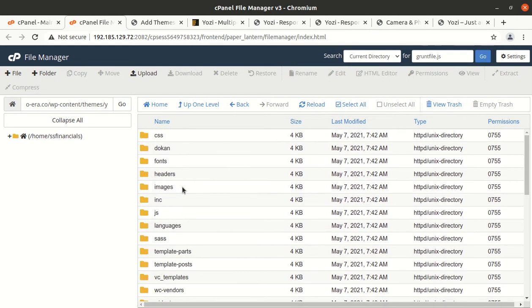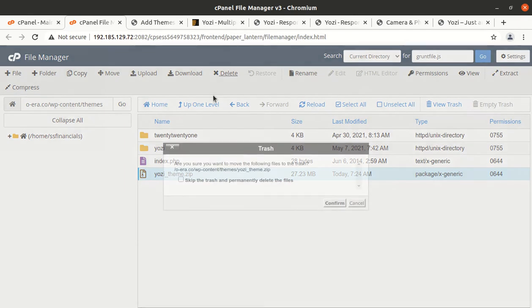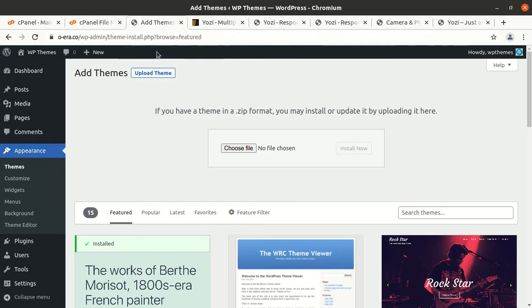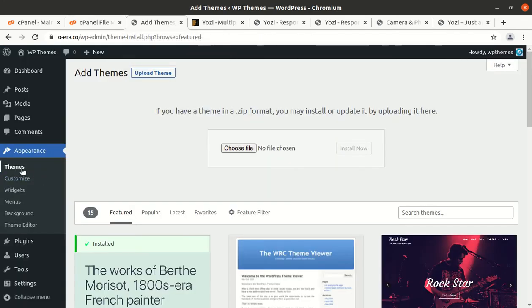This is a multi-vendor WordPress theme which also supports membership and multi-vendor facilities. This is why it has multiple features, like it is using a token for the multi-vendor feature. Okay, so now we can delete the zip file, it is not required, we have already extracted it. Both ways of uploading a theme are the same, don't get confused. Either you can upload the theme using the WordPress interface, or you can upload directly on your hosting, as I did. So now we are fine to go to the theme section of WordPress,